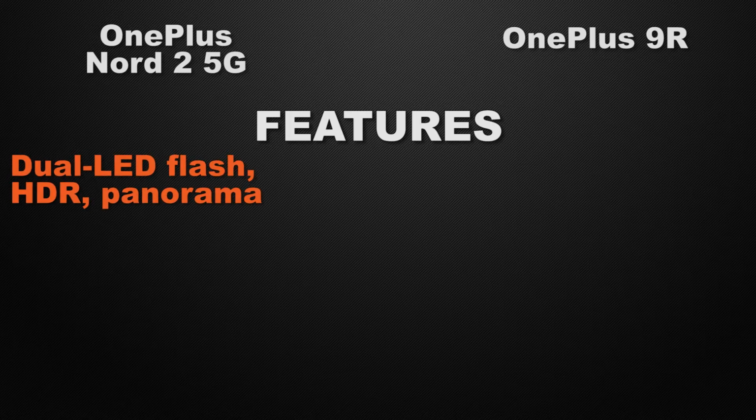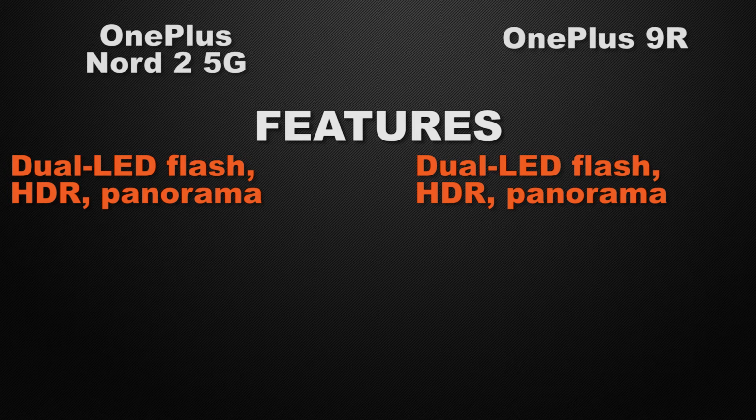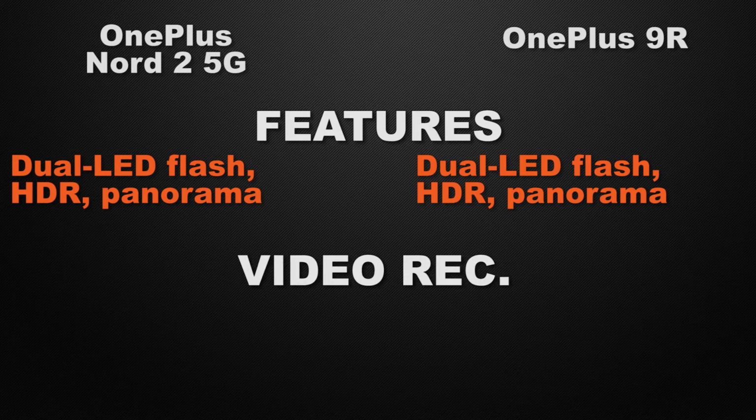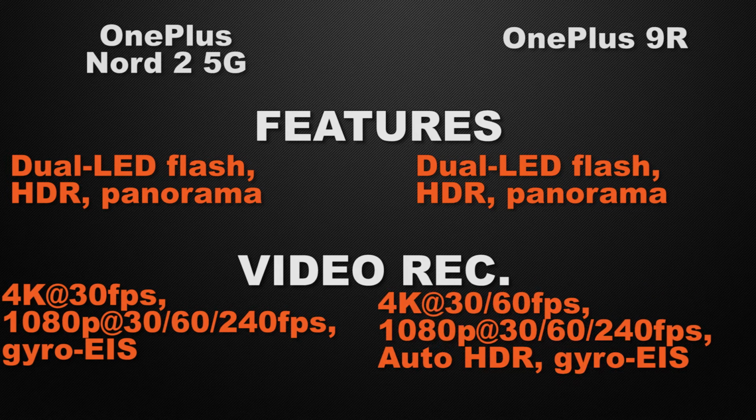Nord 2 has dual LED flash, HDR and panorama, whereas 9R has dual LED flash, HDR and panorama. So it's a tie here. And about the video recording options in the devices, Nord 2 can shoot 4K video max at 30 fps, Full HD video max at 240 fps with gyro electronic image stabilization, whereas 9R can record 4K video max at 60 fps, Full HD video max at 240 fps with gyro electronic image stabilization. So the winner here is 9R because it can record 4K video max at 60 fps and